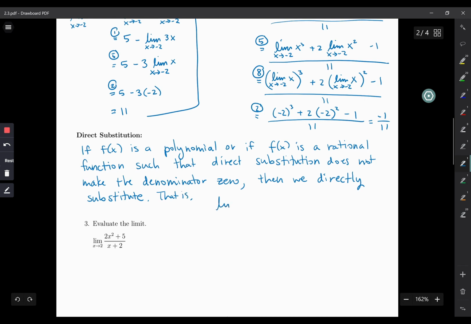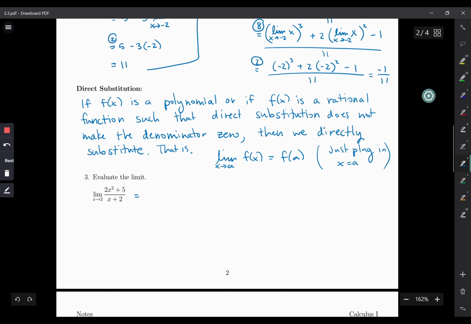so if we have the limit as x goes to a of the function, we just plug in the actual point. So we just evaluate f at a. So meaning just plug in x equals a, right? Okay, so when we do this